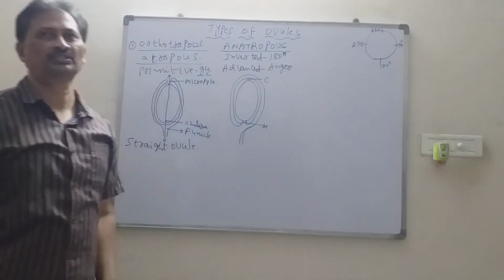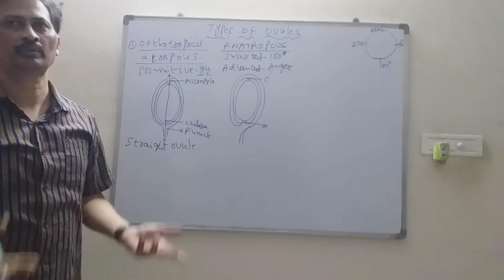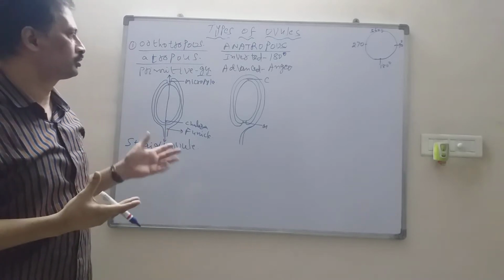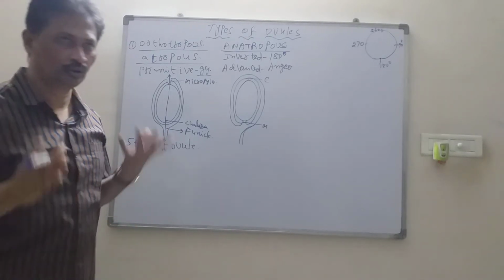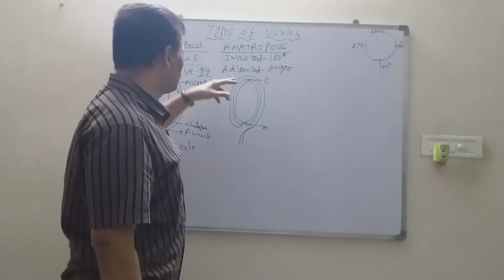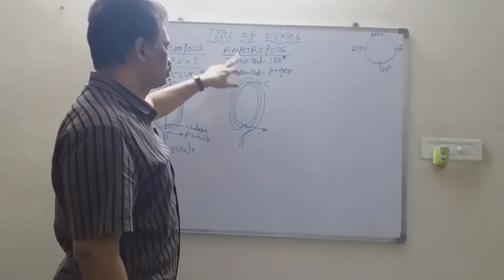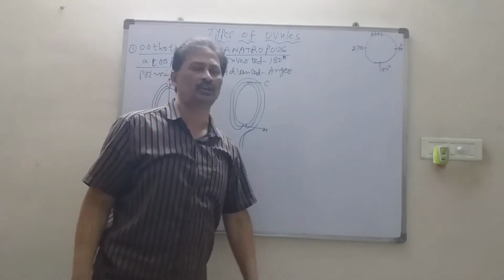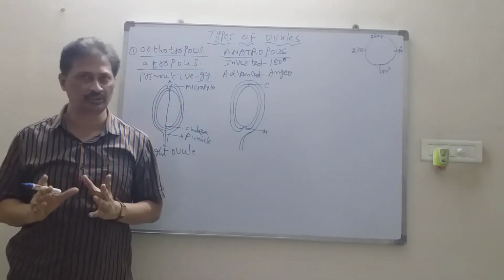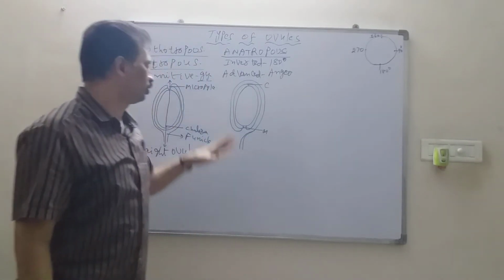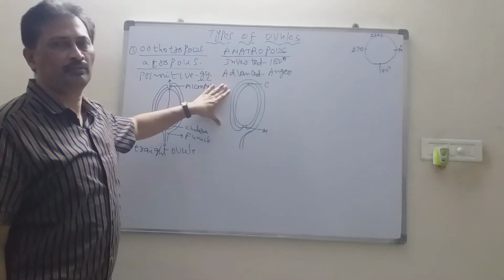That is also called the 180 degrees ovule because it is inverted. So that is also called the inverted ovule. And the presence of this anatropous ovule is an advanced character, so it is present in the case of angiosperms. That is present in angiosperms. So that is the second type of ovule.